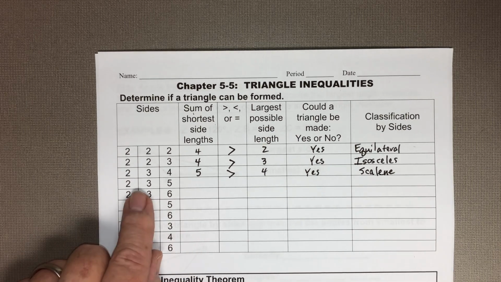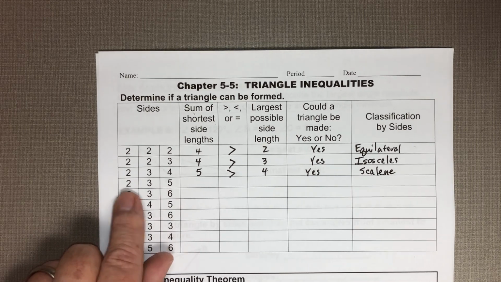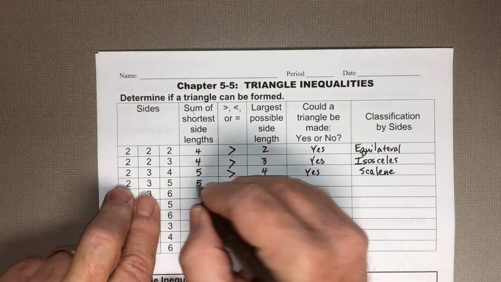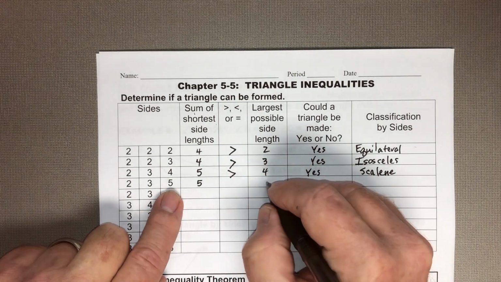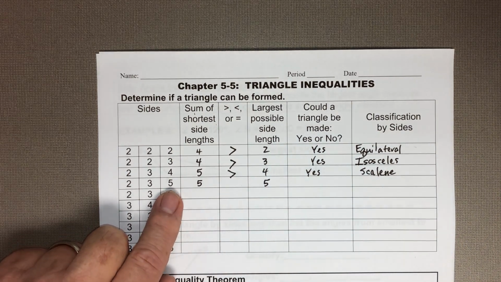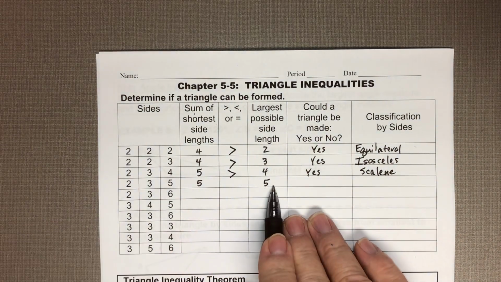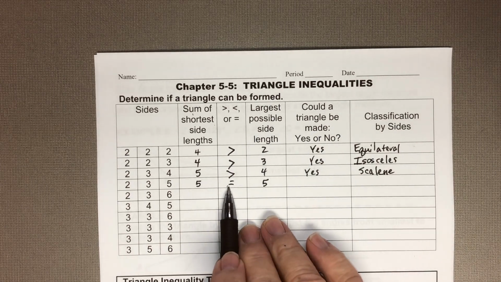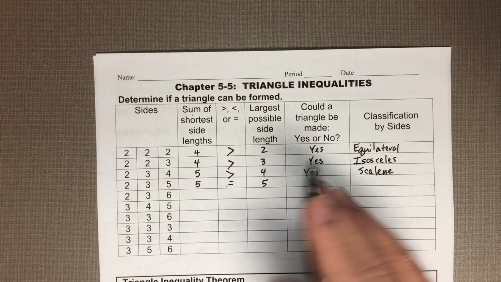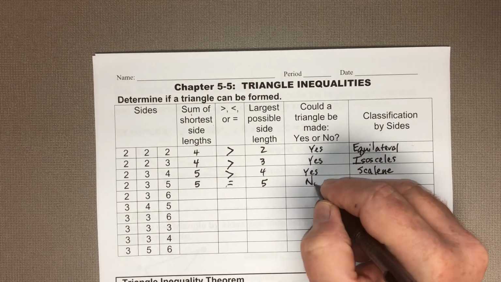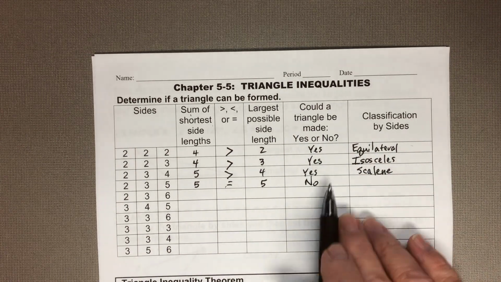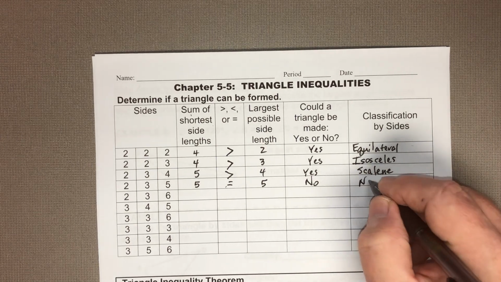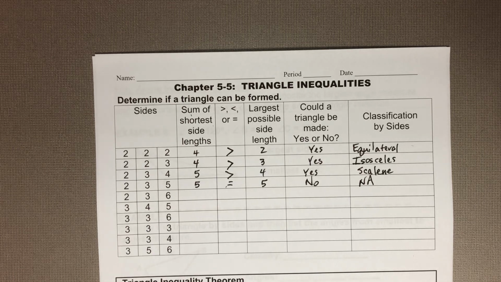Let's add the two smallest segments here of 2, 3, and 5. Well, the 2 and 3 are the smallest. If you add those, you get 5. The longest possible side length would be the 5. Is 5 greater than 5? No, 5 is equal to 5. If it's not greater, you cannot form the triangle. So the answer is no here. And if you can't form the triangle, then you cannot classify it,